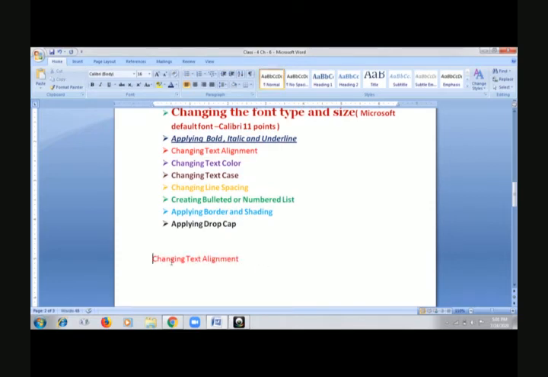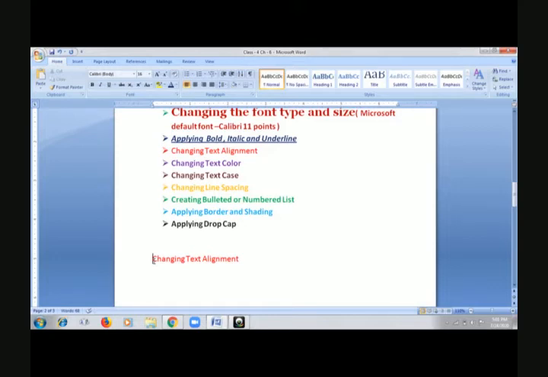Text alignment basically refers to the positioning of text on the page, that is, where your text is positioned on the page. So there are four types of alignment that Word provides us: first is left, then center, next is right, and the last one is justify.